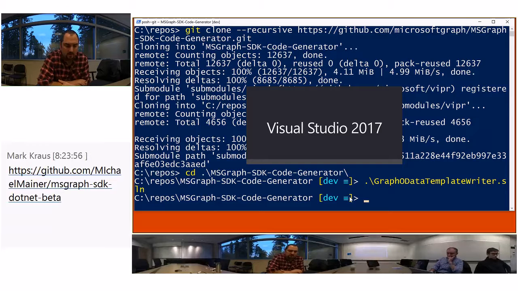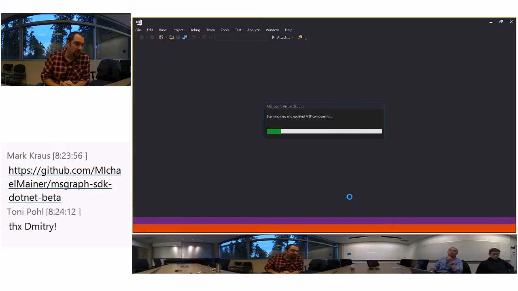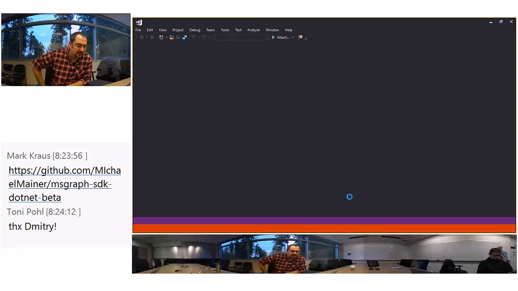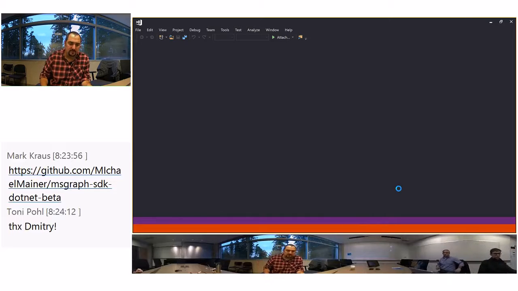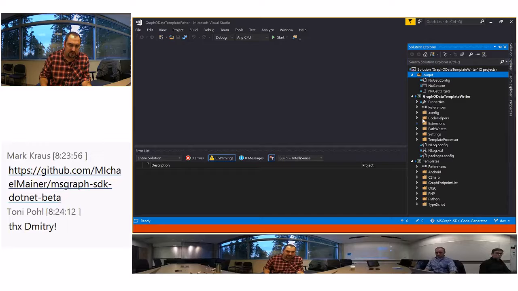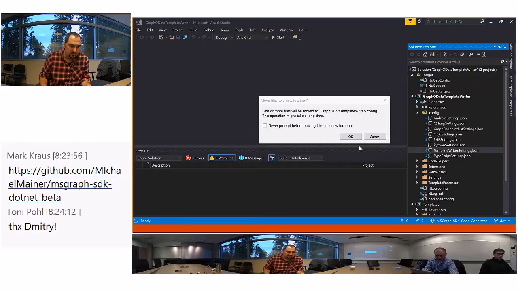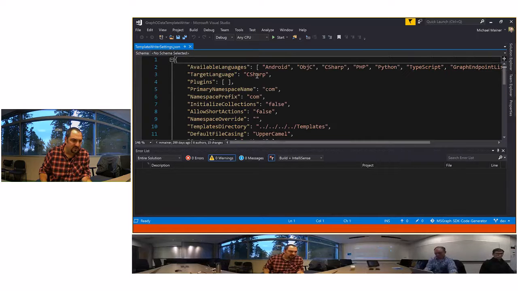So now we're going to open up our solution. Now, because we use this tool to target multiple language platforms, one of the first things that we're going to want to do is confirm that we're targeting C# as our target language. So after this solution loads, the first thing we'll do is go into configuration. I'm going to confirm that C# is